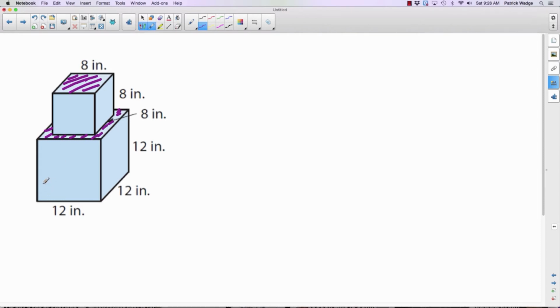So what does that mean? Well, what that means is we need to get, obviously in the big cube, all the sides, the one at the front, the right side, the back, and the left side. We also need to get the bottom of the big cube. And in a sense, we also need to get the top of the big cube, because that'll take care of this purple bit of all I've painted here. So we want to get the surface area of the whole big cube,